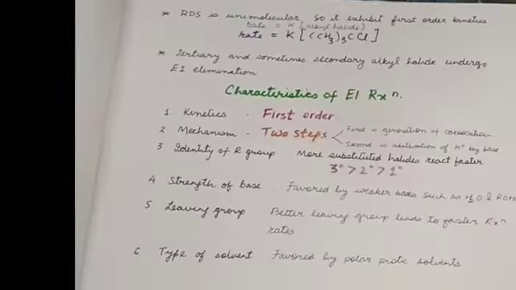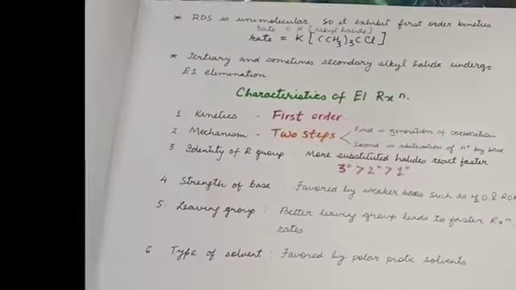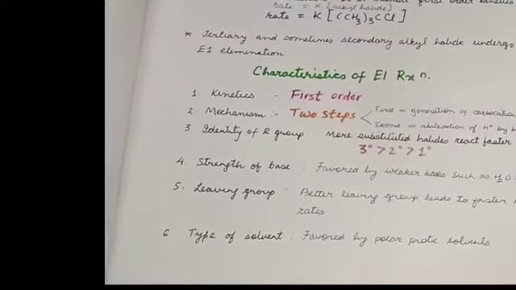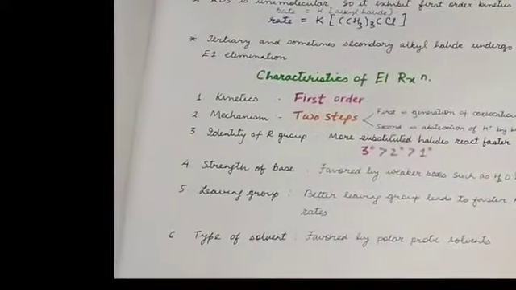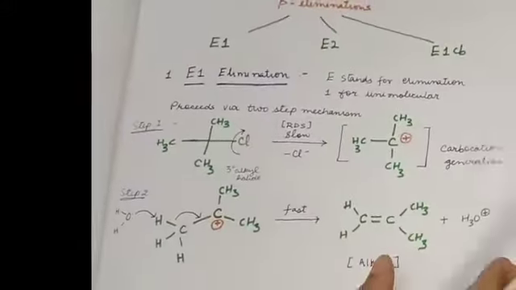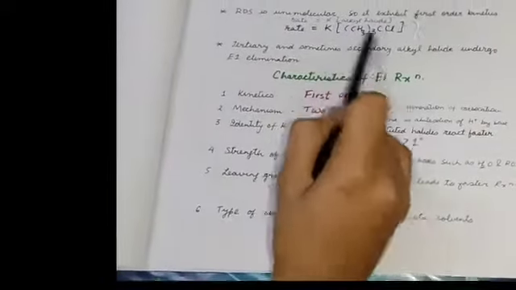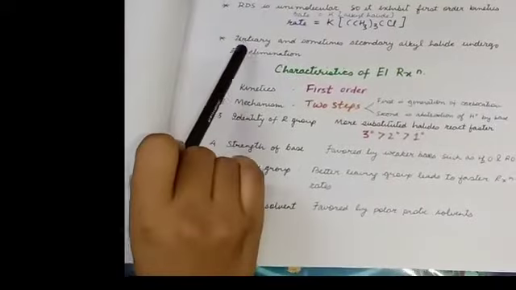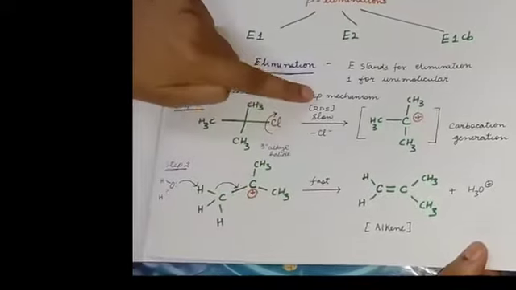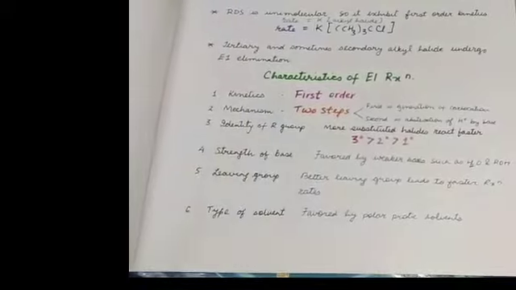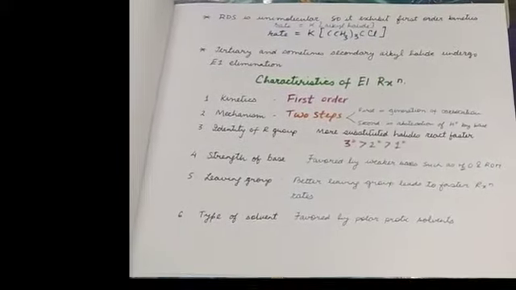resulting in the formation of alkene. So we know that this is a two-step reaction in which the first step is slow, and we know that the slow step is the rate determining step, and we also know that the alkyl halide is involved in the rate determining step. So this will follow first order kinetics. So the rate will be directly proportional to the alkyl halide concentration, and generally the second step is fast, so this will not be involved in the rate determining step. So generally tertiary or sometimes secondary alkyl halide will undergo this type of elimination reaction.